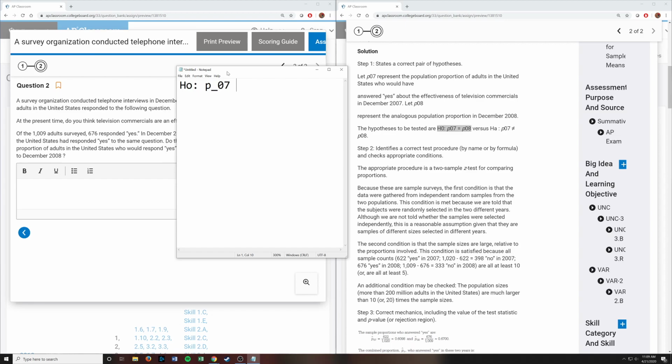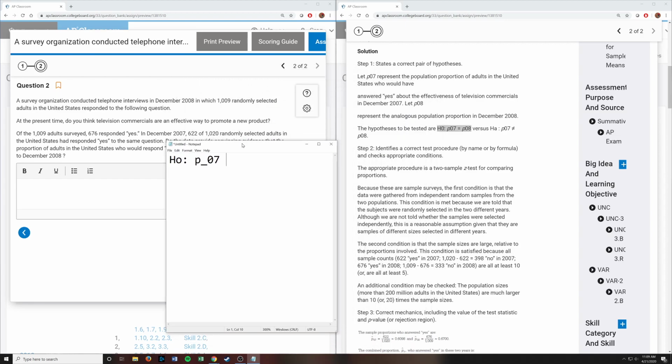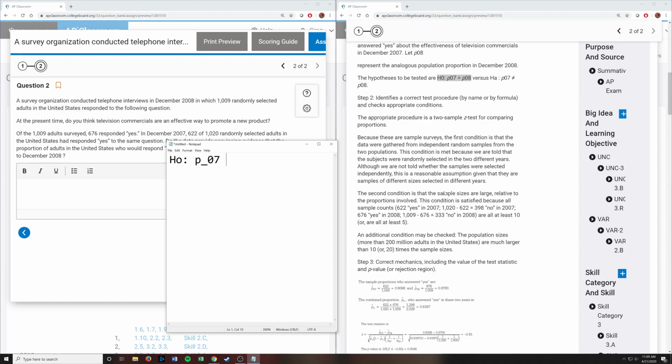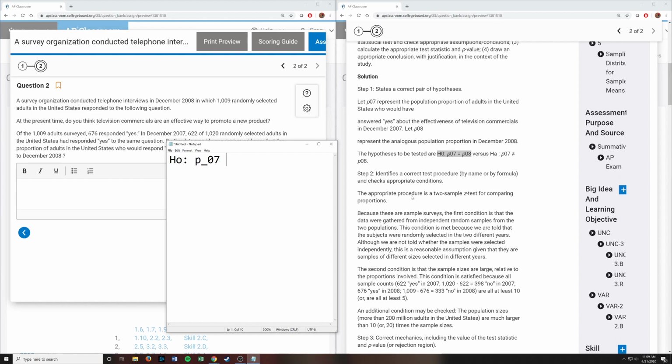Or wait, this is going to be... yeah, you can do P07 minus P08. Okay, so I would have had you write the null hypothesis this way, because this shows that you're taking the difference of two independent proportions. So that would mean that your alternative hypothesis would be,